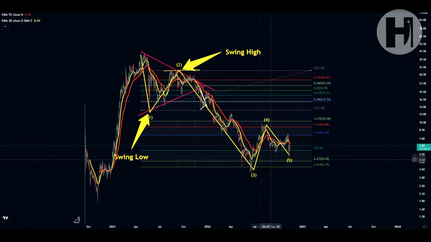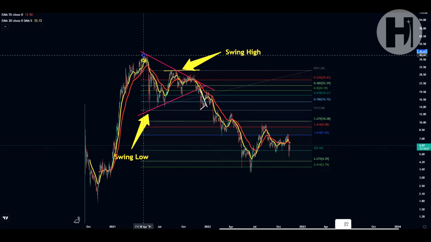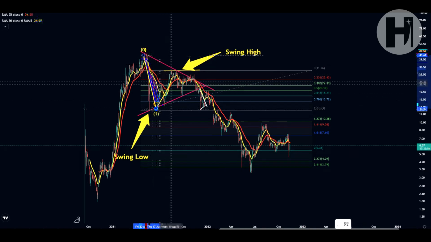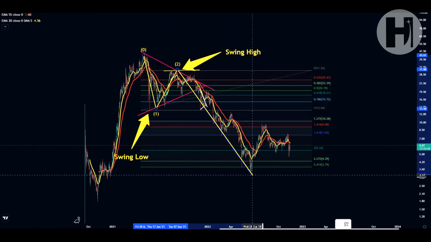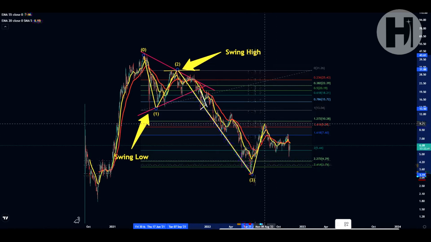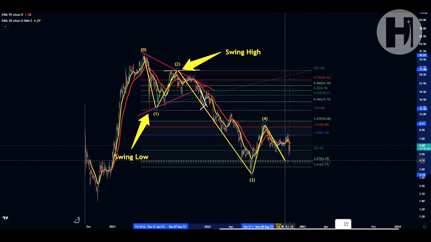So wave one, I'm just going to start from scratch here so it's easier for you to follow. So where's my Elliott wave theory? There we go. So this is going to be our wave one, right? From the high in May of 2021 to the low in July. This is potential Elliott wave structure that we have. Then we have a wave two retracement to the upside. Then we have a major monster wave three, which is usually the largest wave in the Elliott wave structure. Then we have the wave four retracement to the upside. And now we're looking for that wave five low, basically.